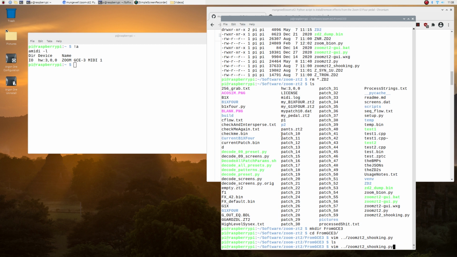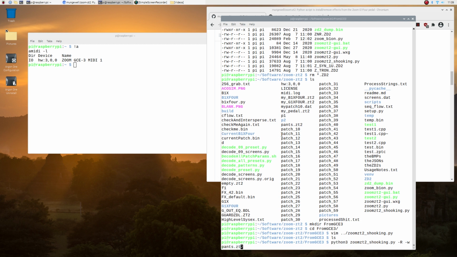So we're going to run the command to get the stuff from the GCE. Sorry, I just got to find it. My memory's not so good in my old age. There we are. And of course here I want to go up a directory. So I've installed all the construct and various Mido things you need. So basically we run Python on my version of the script.